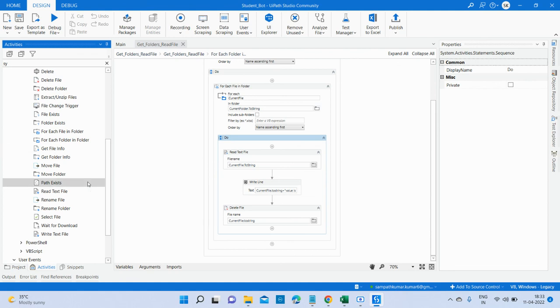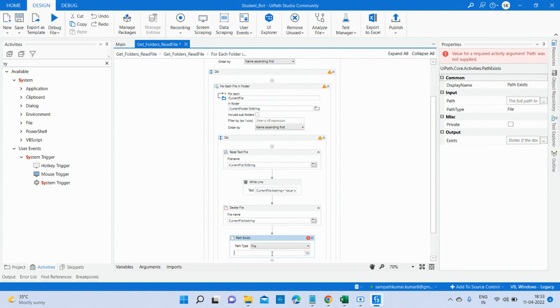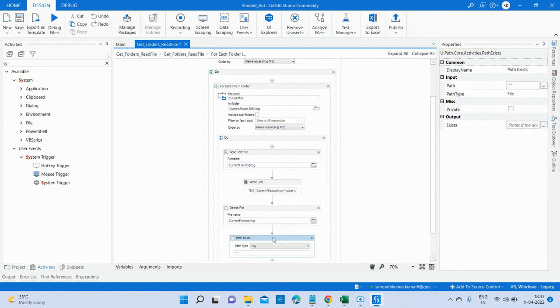Okay, so path exists. If you want to know whether the file is available or not, so let's say you have thousands of files in your folders, but you wanted to know whether the particular file is there or not inside the folders. You can just provide the path exists and give the entire path name in double quotes. That's it. It will check and it will give you the true or false value,